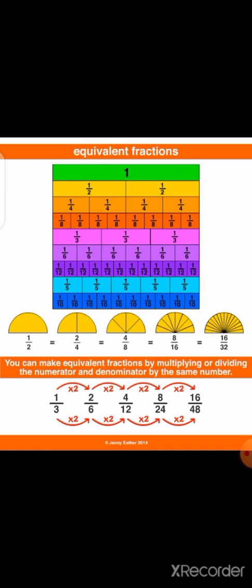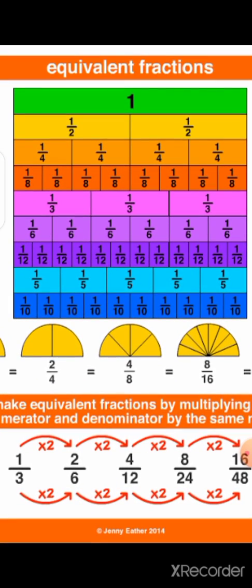When the numerator and denominator are multiplied by the same number, very good, you will get equivalent fractions. You can see the chart. In 1 over 2, first one is whole and the second strip is divided into two equal parts, 1 over 2. But if you will look carefully, this 1 over 2 in the next is divided into 2 over 4. 1 over 2 is equal to 2 over 4. If you will come down in the next strip, 2 over 4 is equal to 4 over 8. So it means equivalent fraction you can get by multiplying the numerator and denominator by the same number.